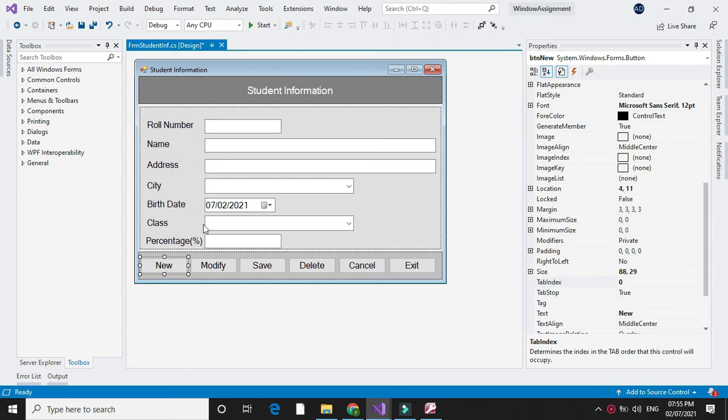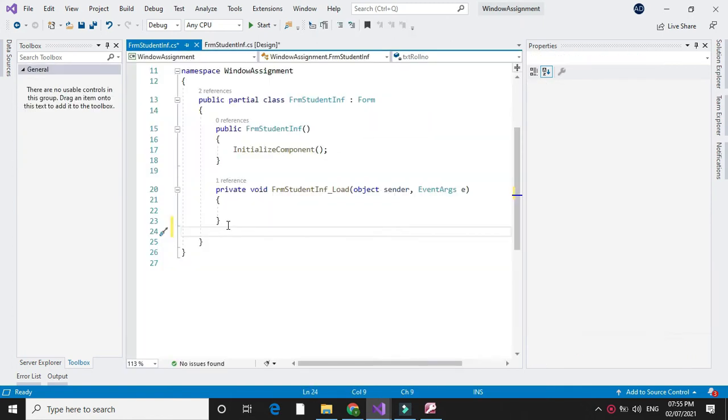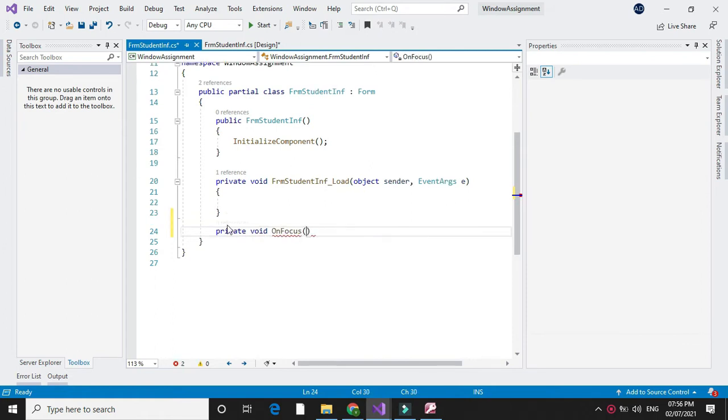Now we will write the GotFocus and LostFocus events. First I will write the OnFocus method. So private void OnFocus with object as sender and EventArgs as e.